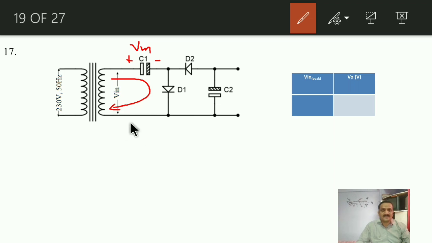Now during the negative half, this terminal becomes positive and hence diode D2 gets turned on. Whenever diode D2 turns on, the capacitor C2 will get charged with this polarity, because the current will now flow through diode D2 like this. Now how much will be the net output voltage? That net output voltage is nothing but the energy stored by capacitor Vm plus this one. So it will be twice of Vm. So this is known as a voltage doubler. Output gets doubled as compared to input. Okay.